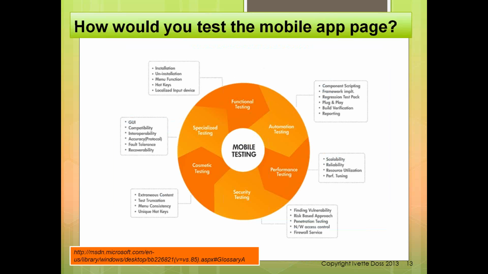So here's another one. How would you test the mobile application? I think it's a super helpful graph, because it's so huge, with full coverage. Otherwise you can just jump from one detail to another and forget about the full picture. If you see a graph like this, it's not final. You can just search on the internet, like mobile testing, go to Google Images. My goodness, you will get like 100 different results. So find what is best for you, what's easy for you to explain and understand. When you have this visual right in front of you, you can immediately and smoothly tell your stories.